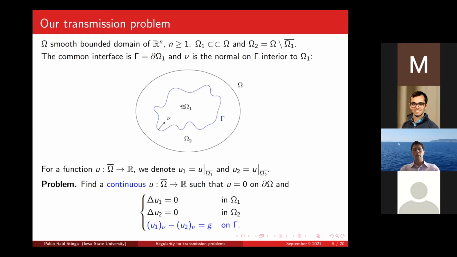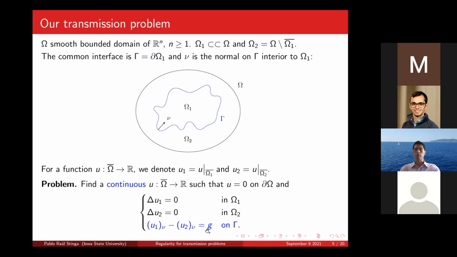So harmonic here, harmonic in omega 2, and then the normal derivative of u1 with respect to nu, so the derivative in this direction of u1, minus the derivative in this direction of u2, is prescribed. Okay? So what are the transmission conditions here? There are two transmission conditions. First, u is continuous. So it means that u1 and u2 agree on gamma. And then the normal derivative of u1 is the normal derivative of u2 from the other side